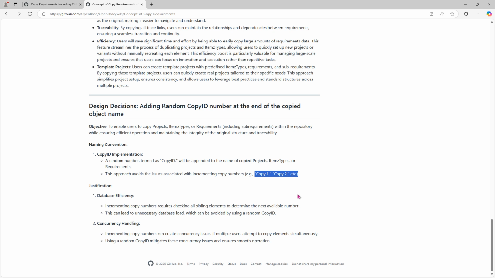The idea is to make sure that we support our customers to simply do a copy and rename that copied data, copied name of the given item, and then continue using the copied data for the purpose for which it was copied. So we are trying to reduce the number of transactions and SQL queries that we have to send to the database, and we're trying to reduce the number of logic that we have to implement and do the error handling around and give the user certain feedback in some form. But it's better just to ignore all those things or reduce all those activities and rather go with the random number. So the team decided that let's go with the random number, and that's how we agreed upon this particular